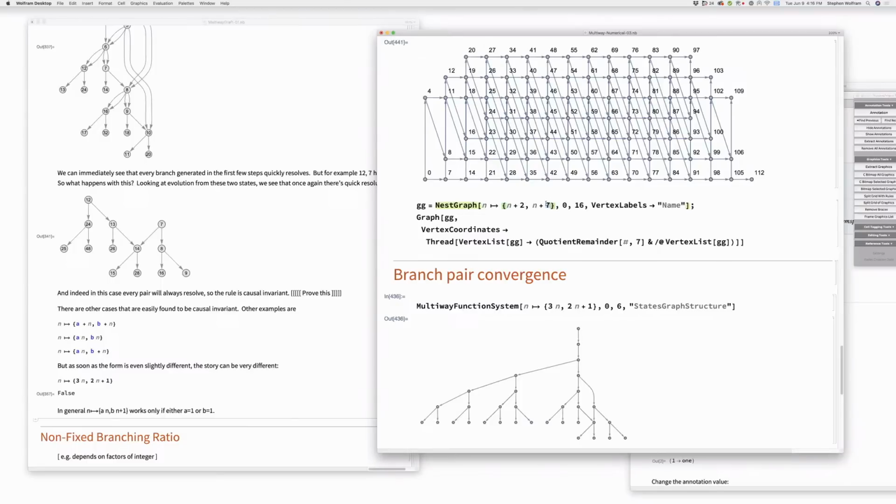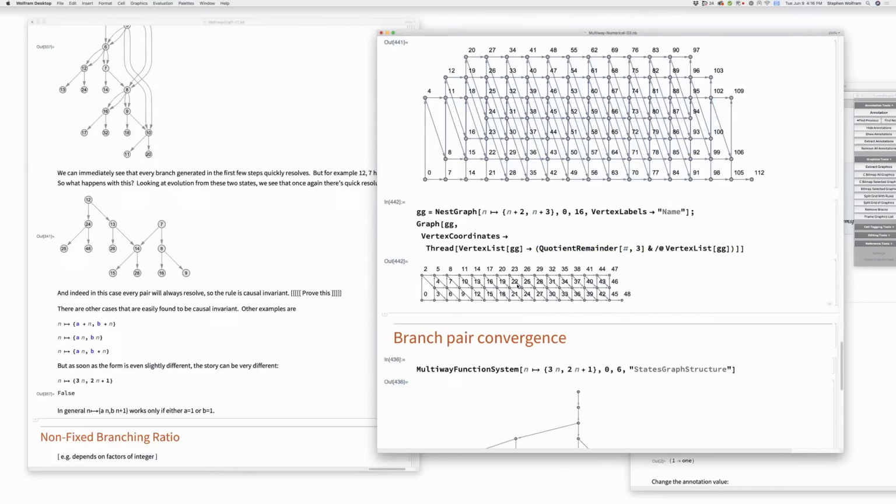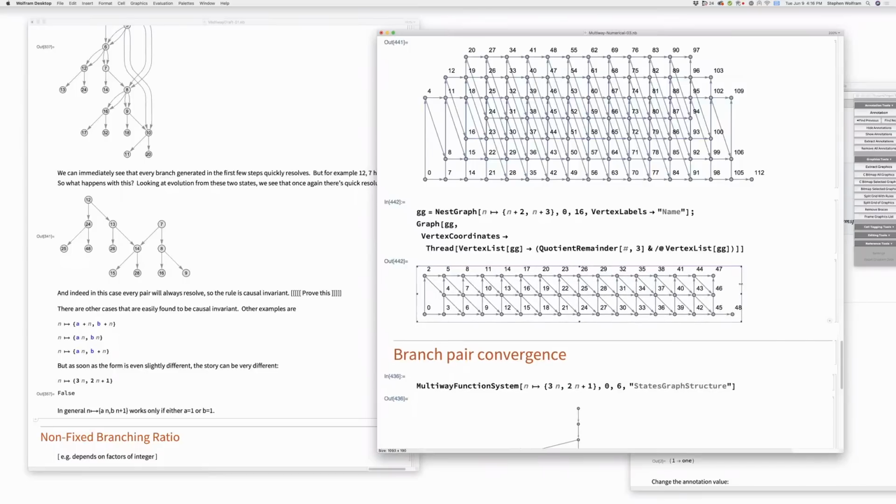So you claim here 2 and 3, and then quotient there with 3. I see. Very nice. So that's an explanation of what's going on here. So this is also showing us, in terms of branch pair resolution,